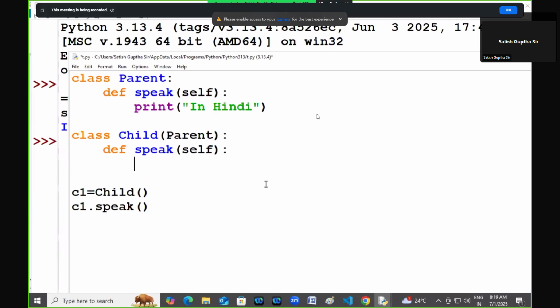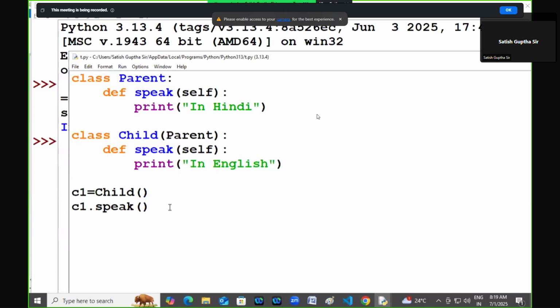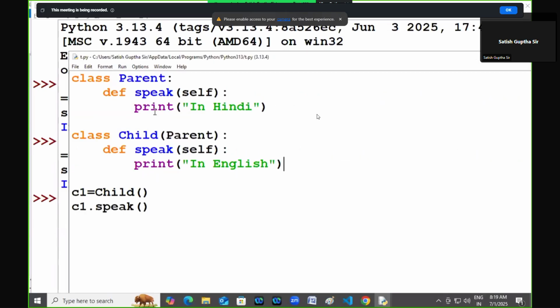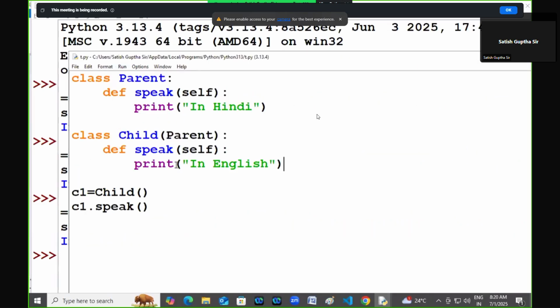overridden. Now I print in English. Now the child speaks English. He cannot speak Hindi; he can speak only English. The message is in English, meaning it is completely modified. Speak is inherited from the parent, but it is completely modified. He can speak only English. But when it comes to the child, he wants to speak the language of the parent as well as